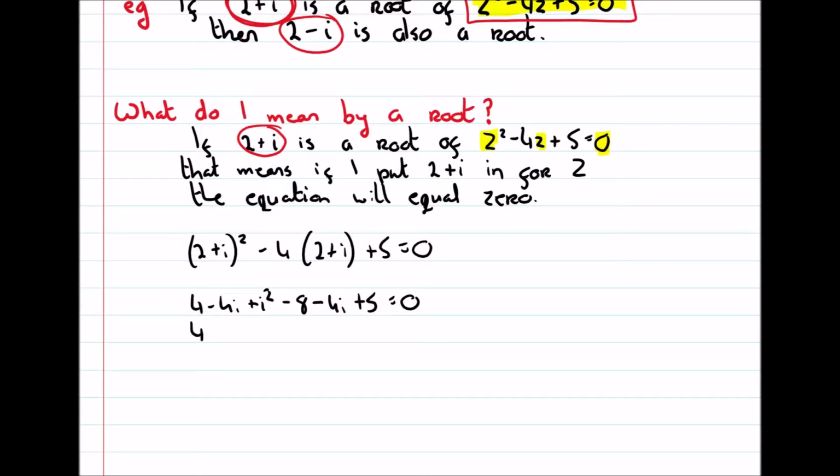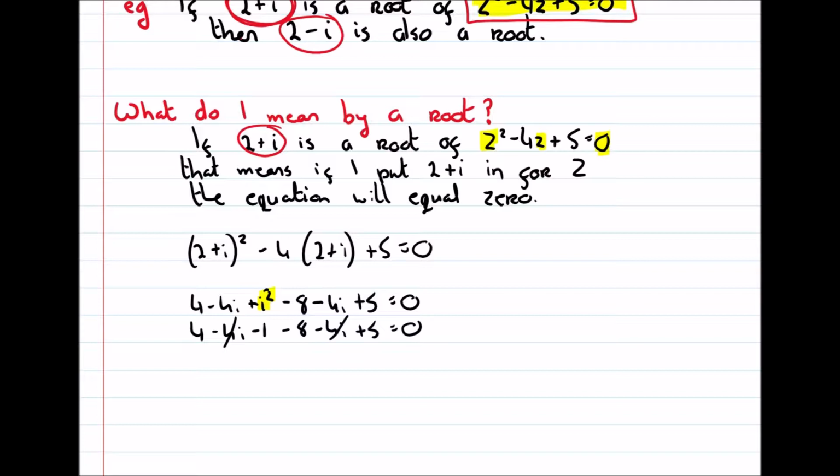That's 4 minus 4i minus 1, because i squared is minus 1, minus 8 minus 4i plus 5 equals 0, and well, the 4i's cancel,